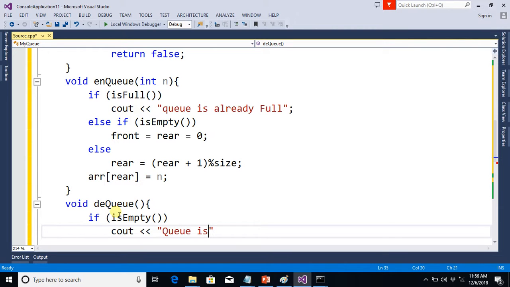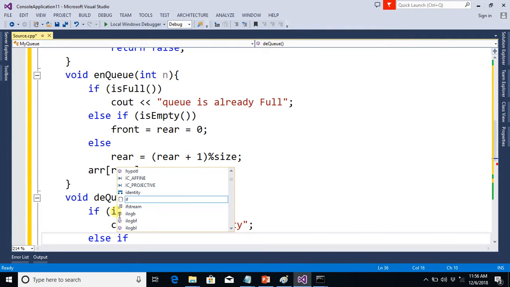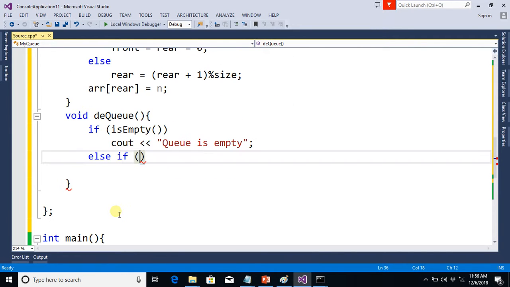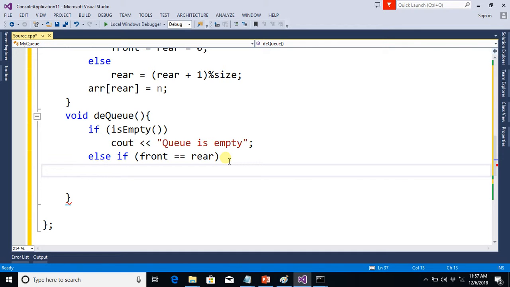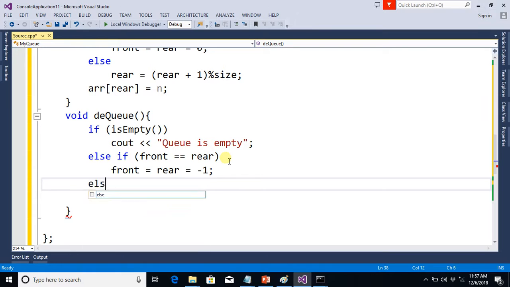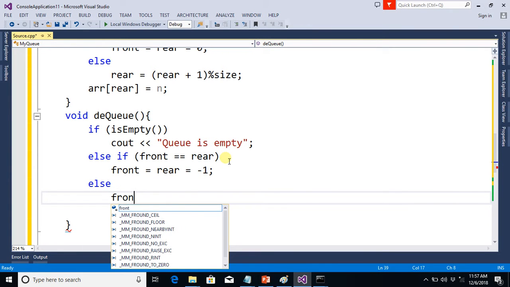We cannot DQ anything. Else, if queue has only one value, it means front is equal to rear. When queue has only one value, these both indexes are equal. You can check it yourself. What we will do, we will simply set front and rear equal to -1 to make the queue empty. Else what we will do, we will increment the front pointer,